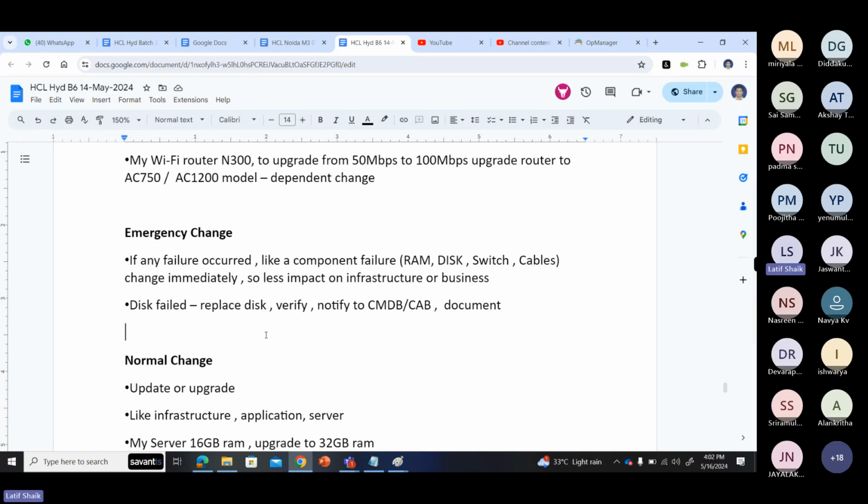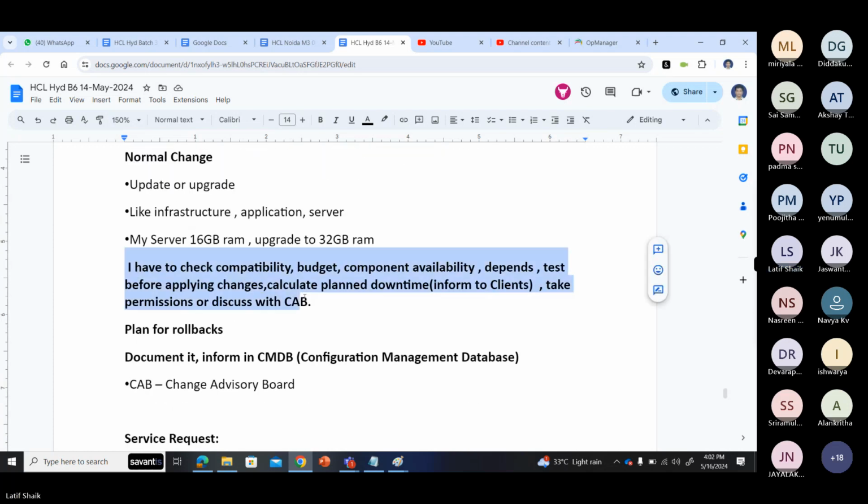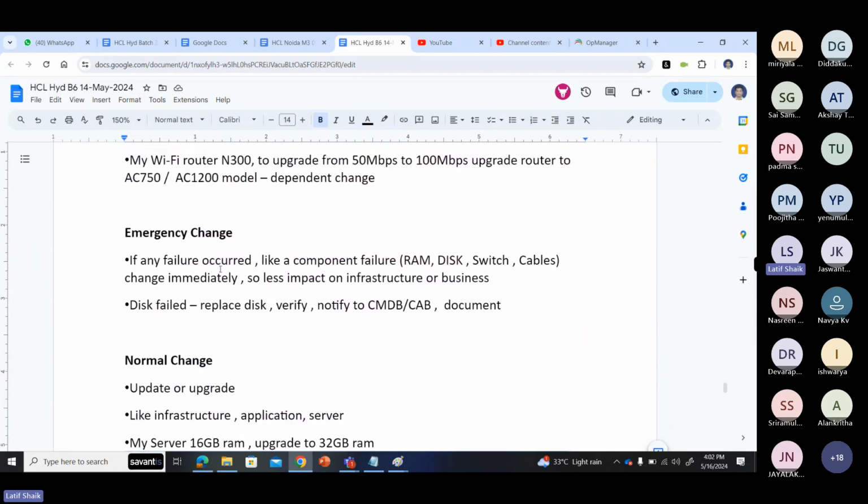In case of emergencies, we may not follow all these steps, but a few steps we have to follow. Any failure, like a component failure, will compromise your infrastructure and your service. It may bring down or interrupt your services.